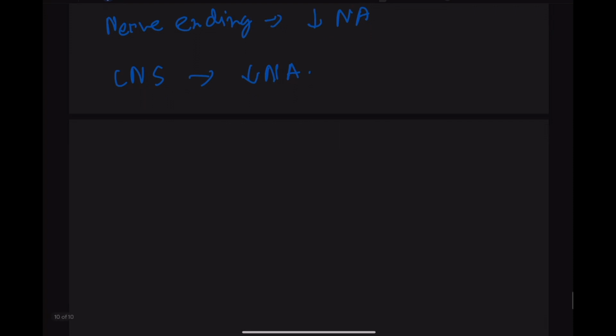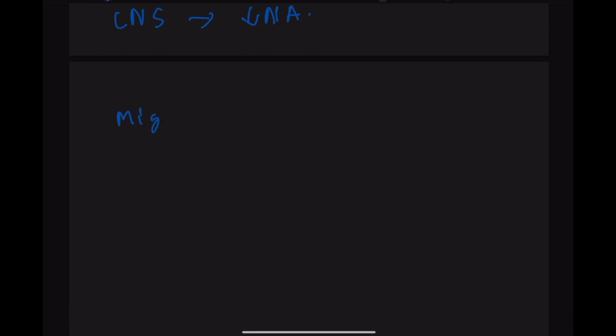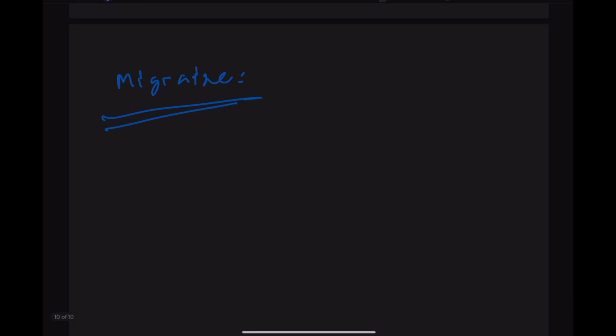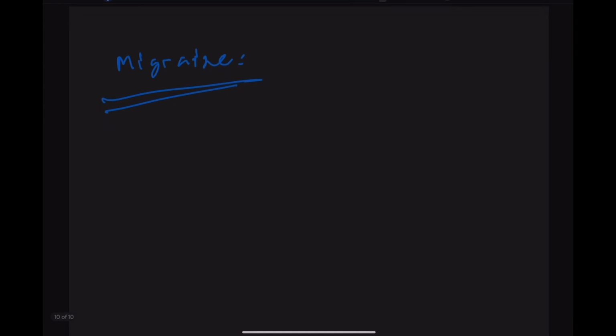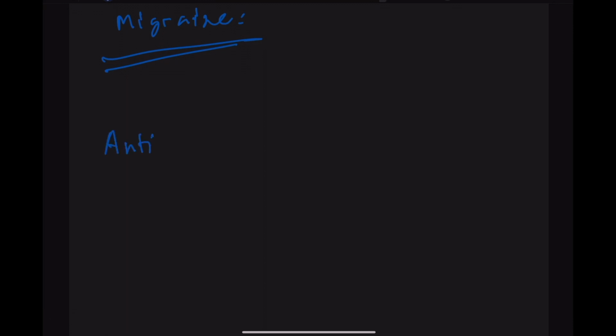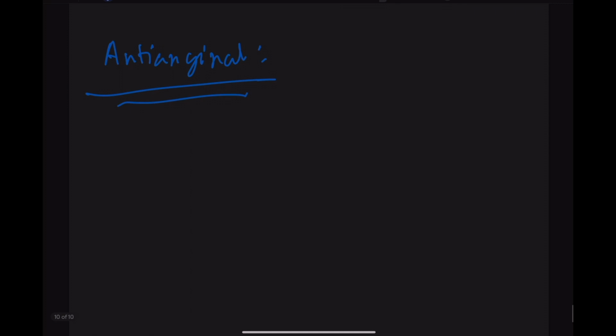Okay, it's also used in migraine, though the mechanism is not clear. We can use beta adrenergic antagonist in the migraine. Then it is used as anti-anginal drug. By antagonizing the beta 1 receptor, it decreases the force of contraction and it decreases the workload on the heart. Okay,